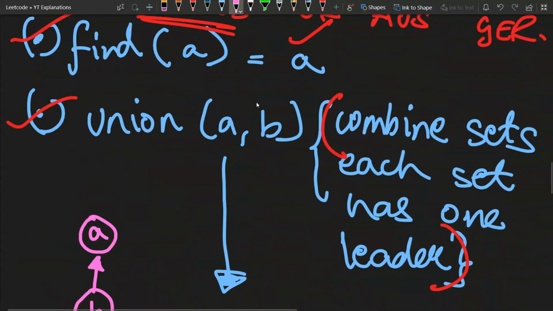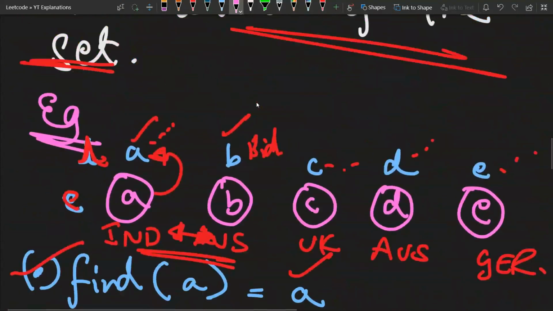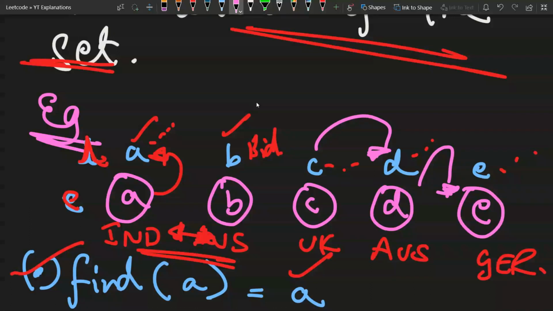Maybe you can even try doing it for C and D as well, union C D and union D E that way. We'll look at some examples in the next video, which would be a short one, but it would clear